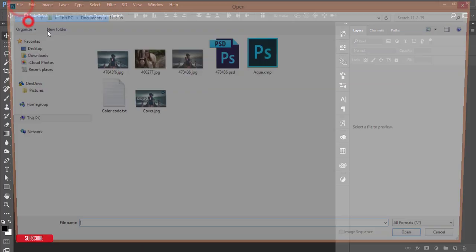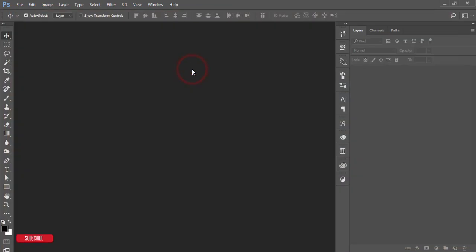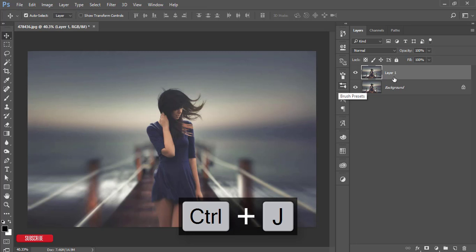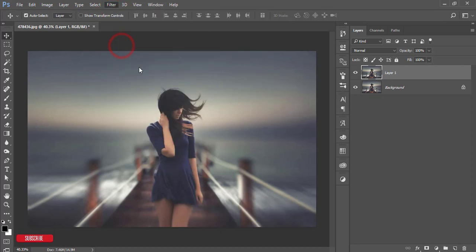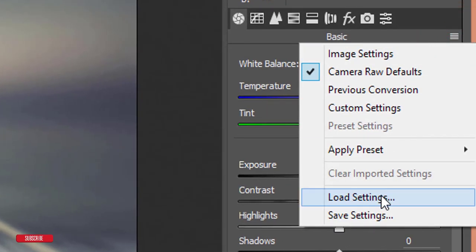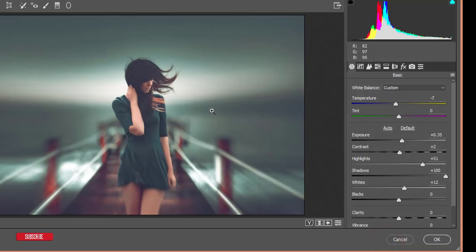At first I'll go to File and open up my stock image, which I downloaded from wallpapers.com, and I'll give you that download link in my video description. Then make a copy by pressing Ctrl+J for safety, and then go to Filter and Camera Raw Filter, and from here I'll import the preset which I've given in my video description download link. So here is the Load Settings option from the small menu, and then here the Aqua, that was the preset,